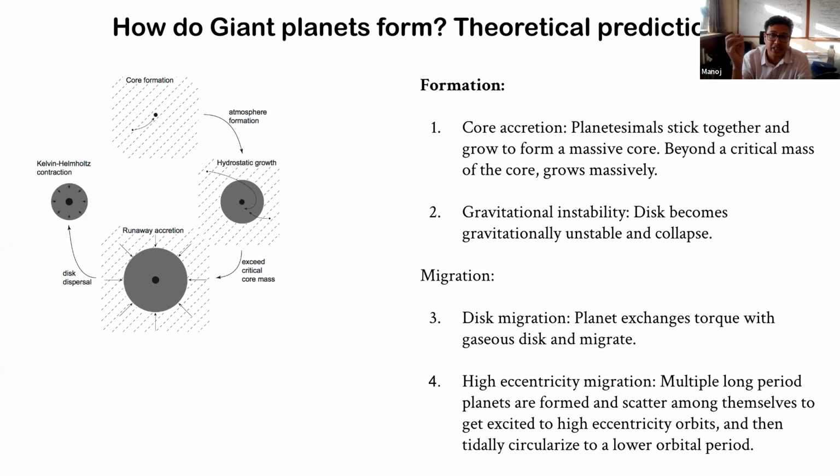The problem is that core accretion is not very efficient very close in. This is the innermost edge of the protoplanetary disk. There isn't enough material there to form them. So it was always a mystery: how do you form this? There are currently two possible explanations, the mechanisms that have been put forward. One is some kind of in situ formation, if the disk is extremely metal rich or something. The second mechanism, which is probably more likely, is that Jupiters form where our own Jupiter formed, maybe 3-4